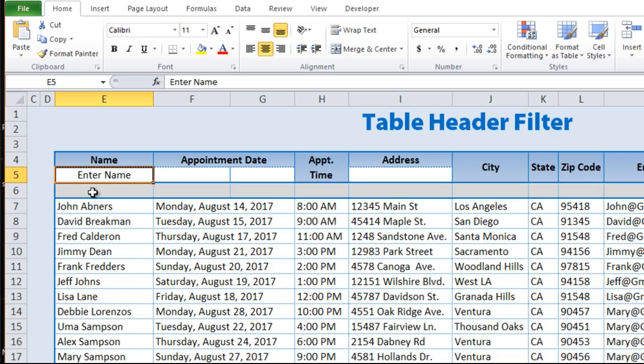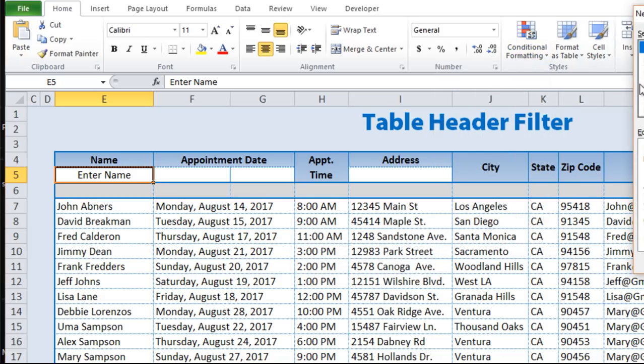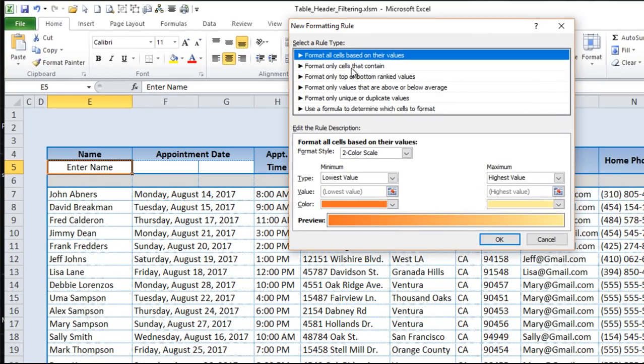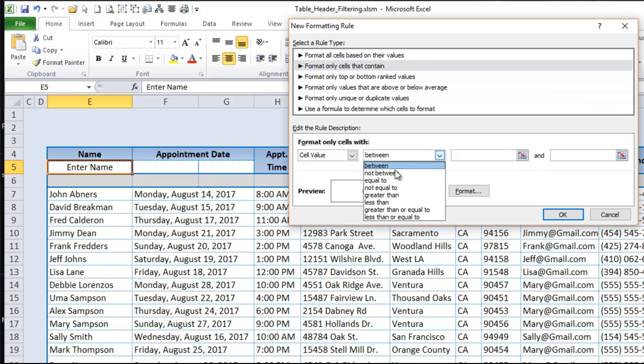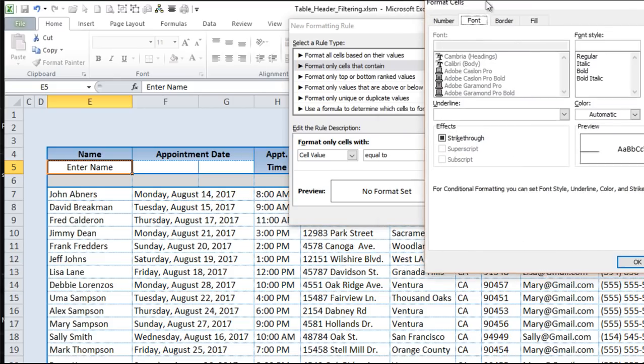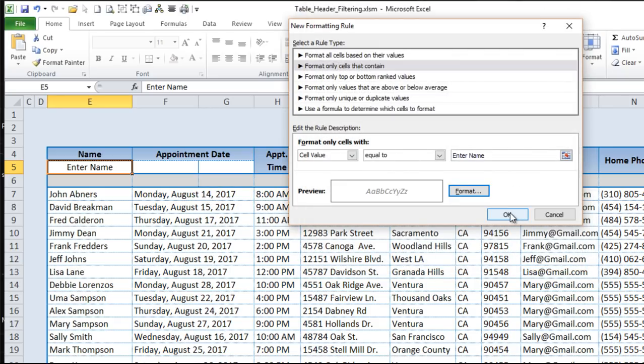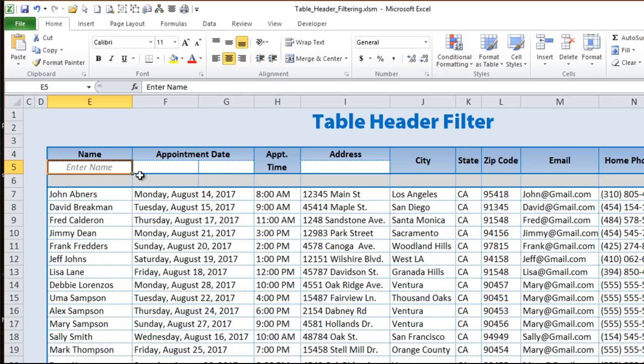So if the words "enter name" are entered here, let's add conditional formatting onto that. All we have to do is go into conditional formatting, click new rule, and then click format cells that contain, where the cell value is equal to "enter name". We'll set the format on that a little bit different. We can go italic, and then set a color, let's say this medium gray color, so that when we see "enter name", it's italicized and light gray,